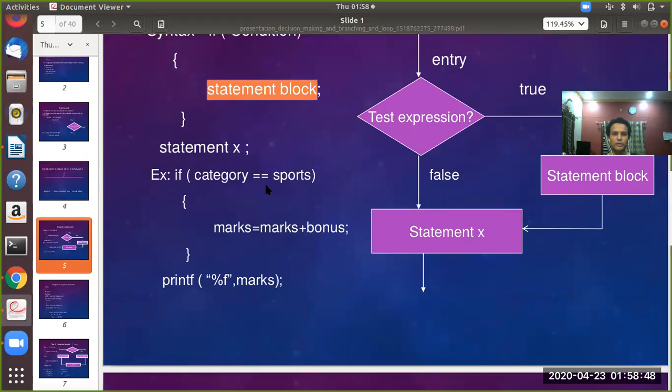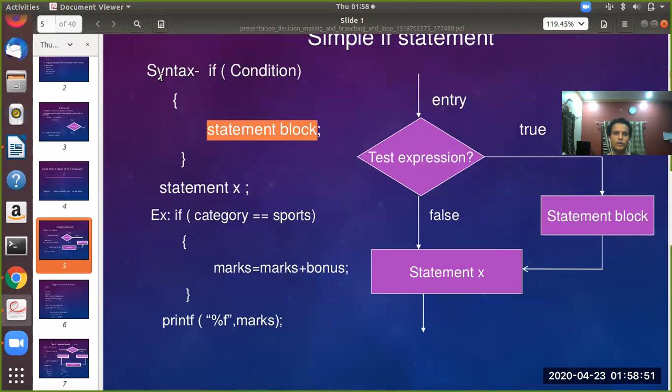Now you see how it works out. If the condition is true, the execution comes here and goes inside the flower bracket. It executes all the statements present within the if block and comes out when it ends, provided the condition is true. If the condition is not true, this entire block is skipped, and the statement immediately following the close of the flower bracket will be executed.